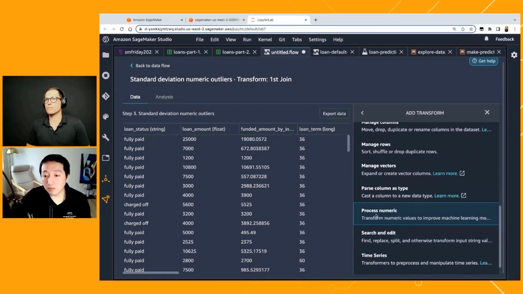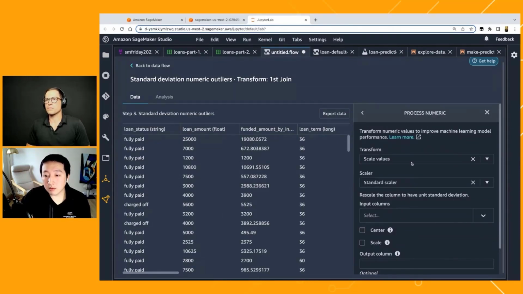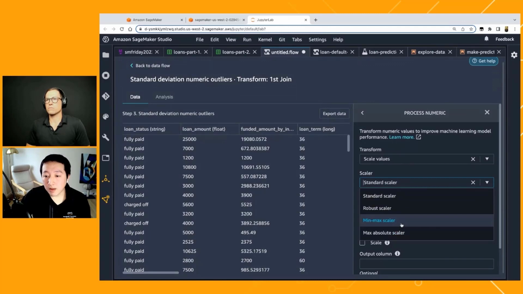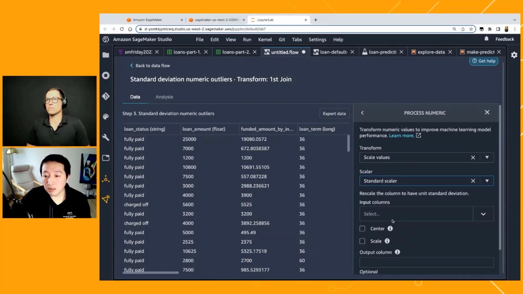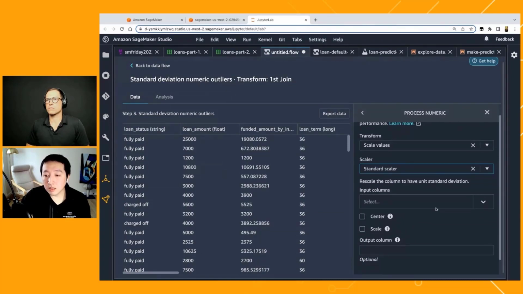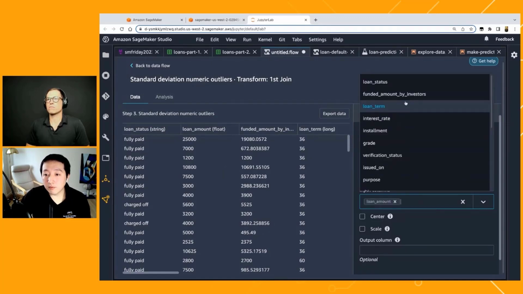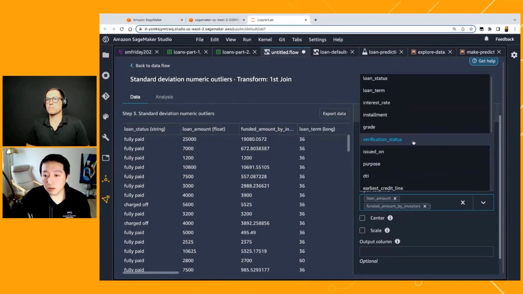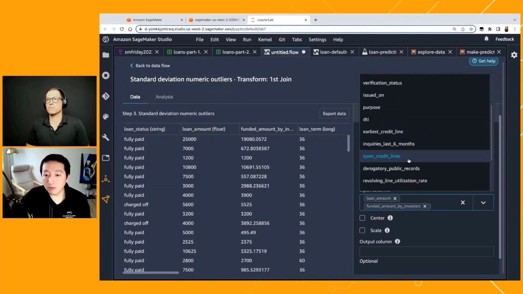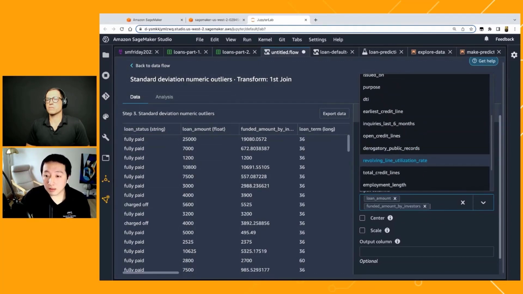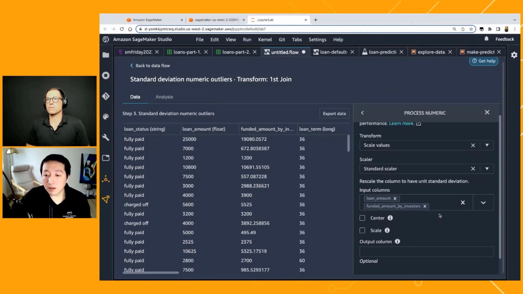So in process numeric, we can scale the features using standard scaler, robust scaler, min and max, using different ways of standardizing or normalizing the data sets. And again, I can standardize or normalize the loan amount and various other features. Anything that is numeric that we'd like to standardize, you can choose it here.